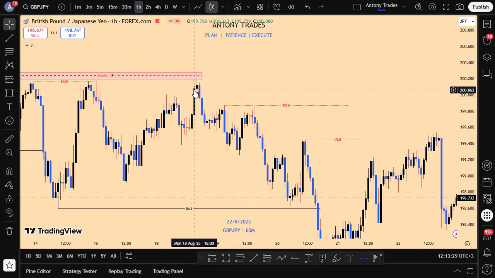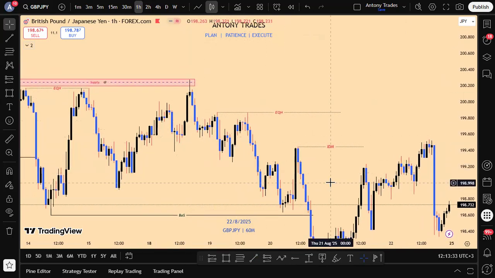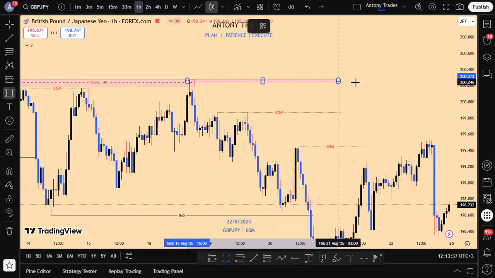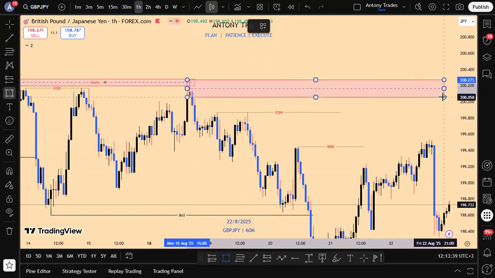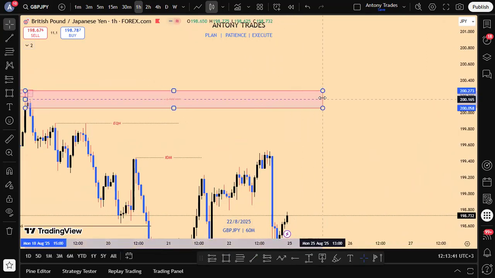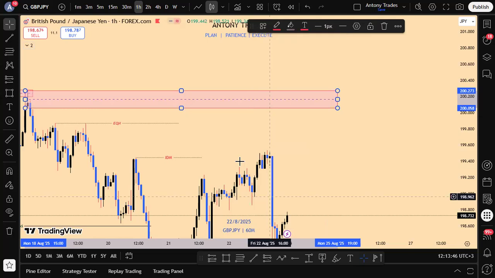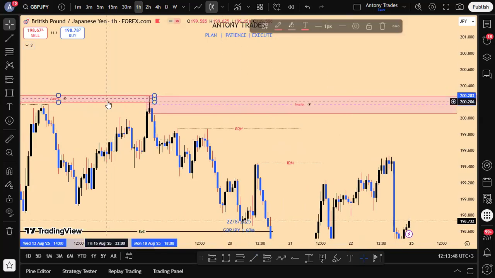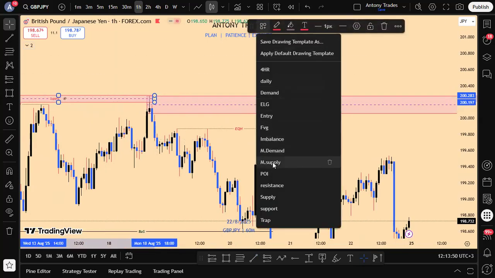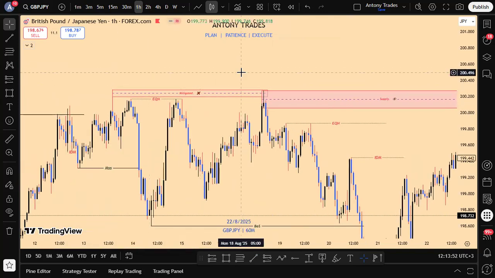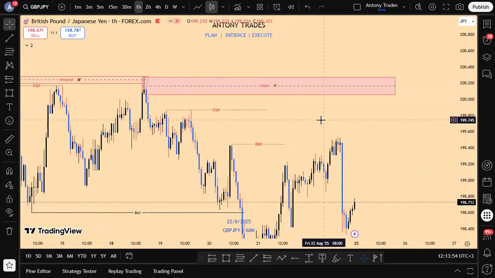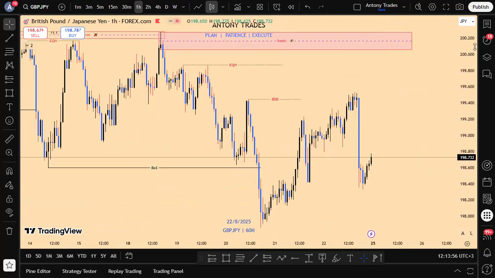Can you see the last bullish candle before this bearish movement? You see, there is a very nice order block at this area. We have that very nice order block like that, or you can call it supply zone. So maybe let me change this one to mitigated because the market has already used this. So this is my setup on the